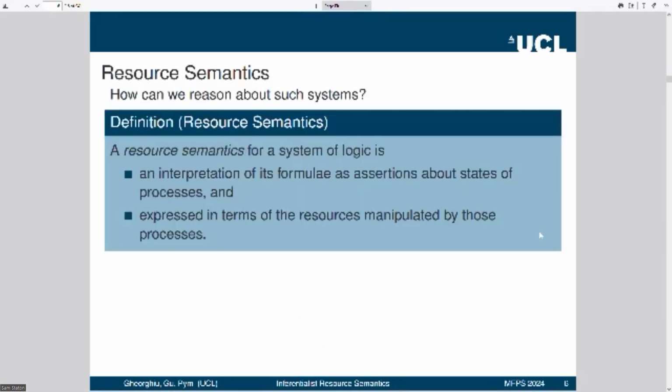Okay, so what we mean by that, and it's not perhaps a formal definition, but our conception of it is an interpretation of formulae. It's a formal